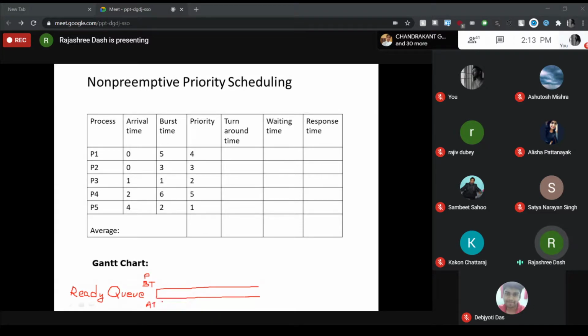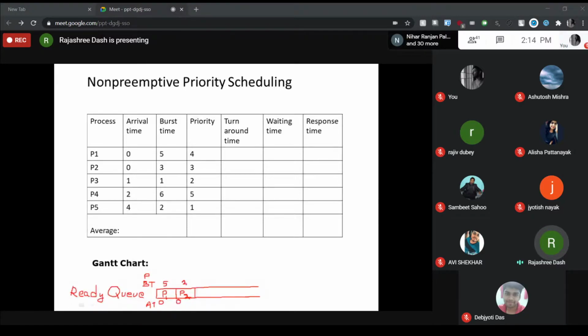So at time 0, what are the processes to be there in the ready queue? P1, P2. So just check what I am doing. P1 is the process and P2 is the second one that is at time 0 in the ready queue. Now here for P1 the burst time given is 5, just above the ready queue I am representing that. For P2 it was given 3.